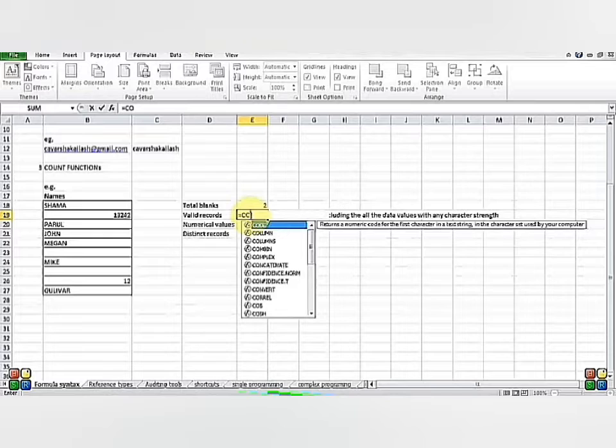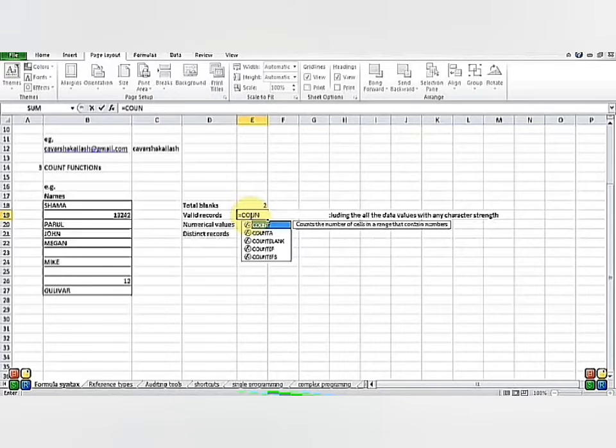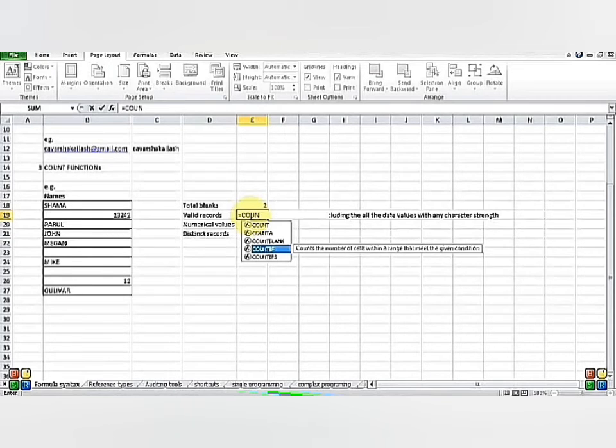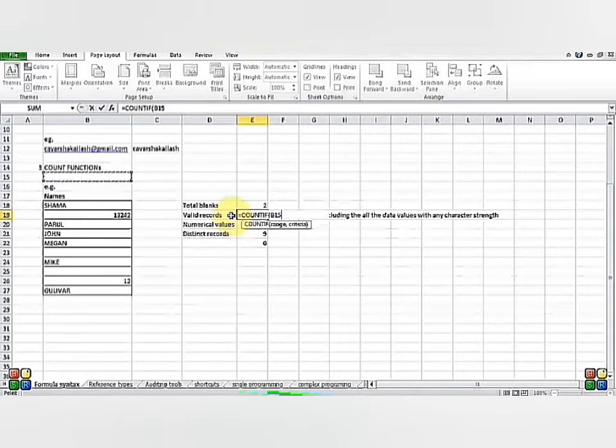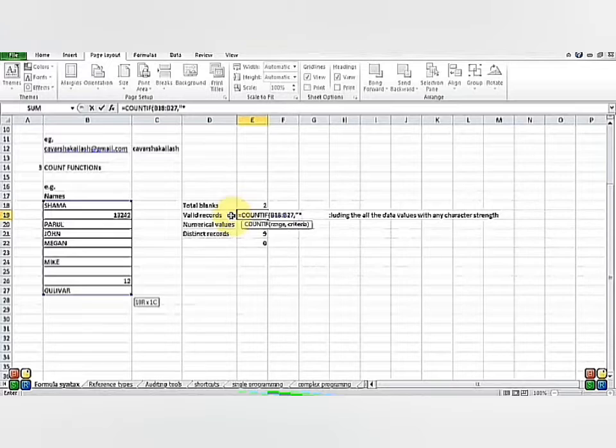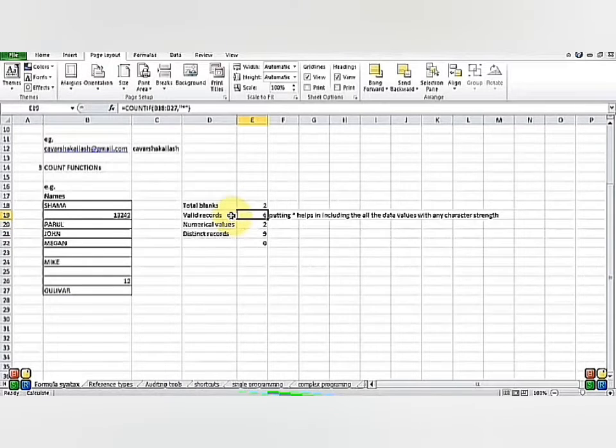So here I have applied it again. Let me show you. The COUNTIF function is used for one single condition; if you want to put one single condition, then you use COUNTIF. So equals COUNTIF, I've got my function, I'll hit Tab, and I'll give the range, from here till here. Then a comma. What is my criteria? It should be a string, basically. Enter. I've got 6, where it was not numbers but actually strings.